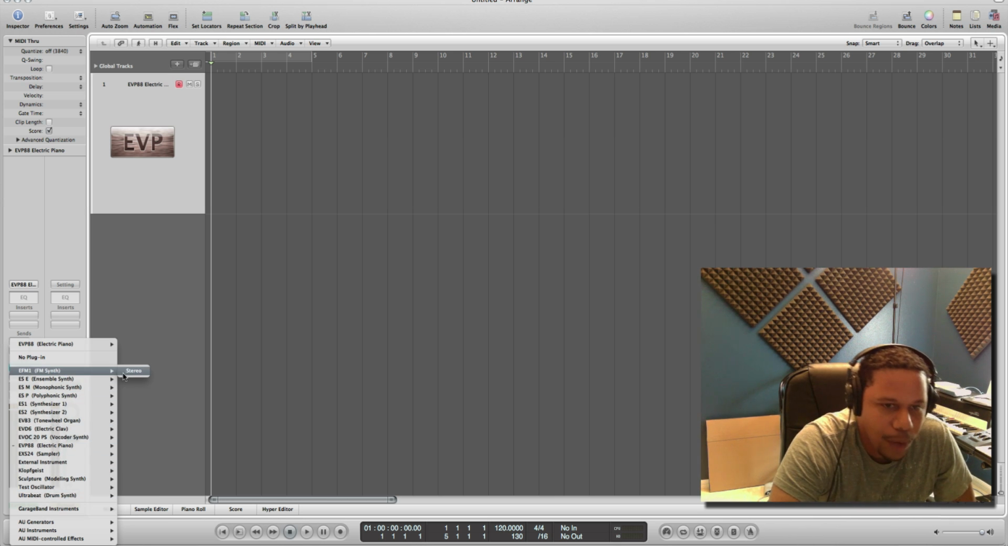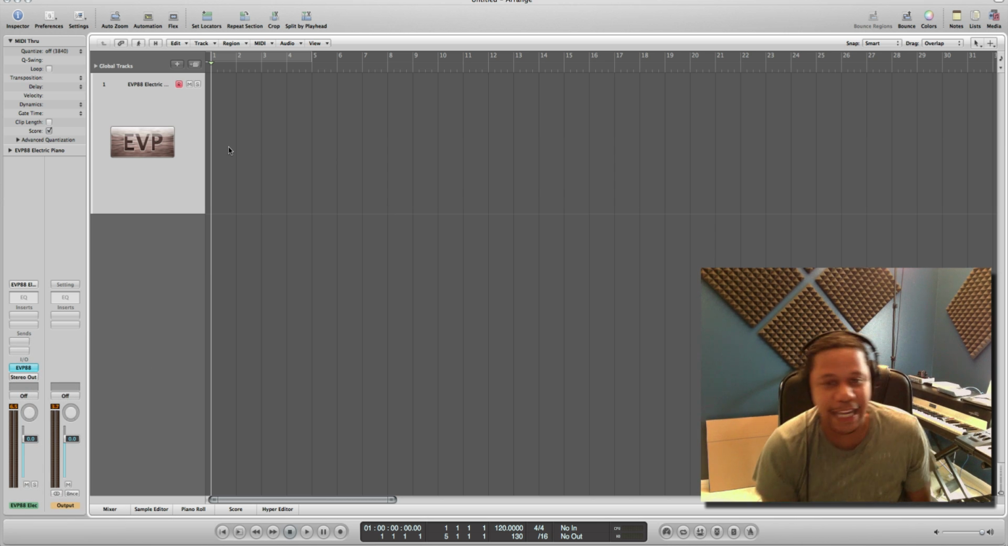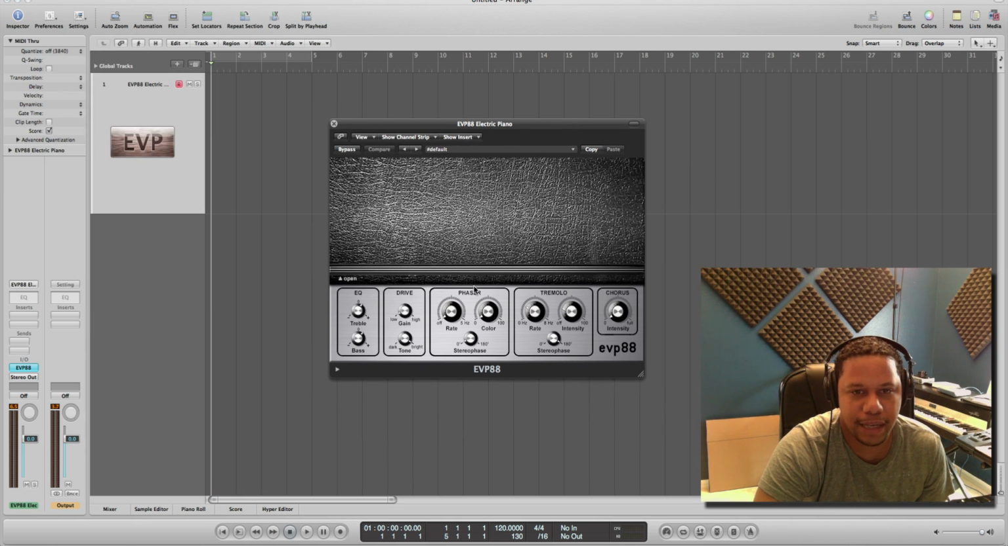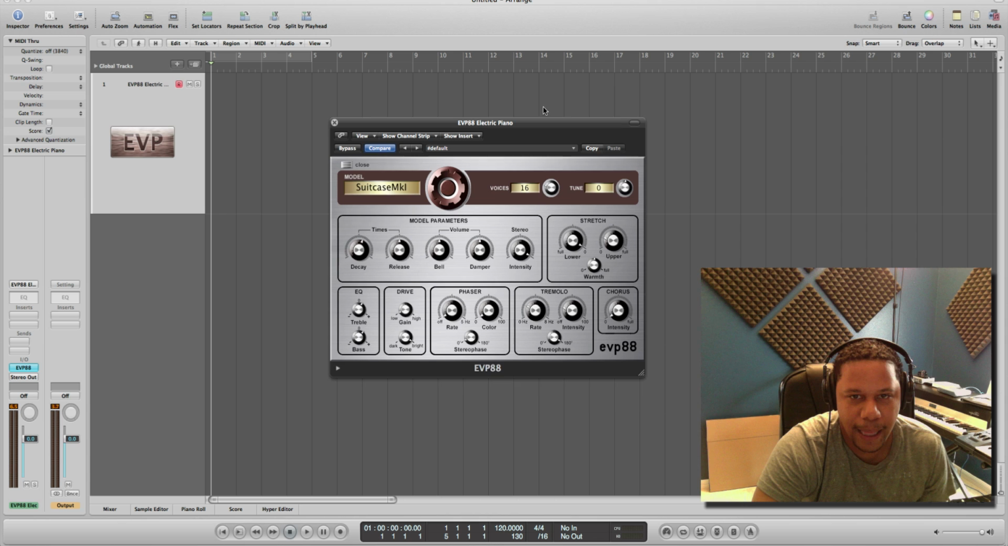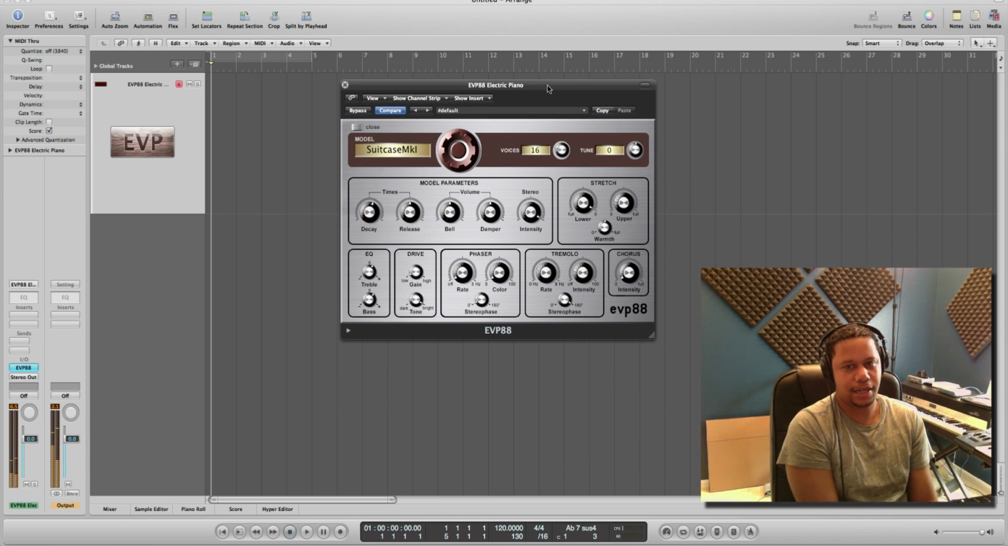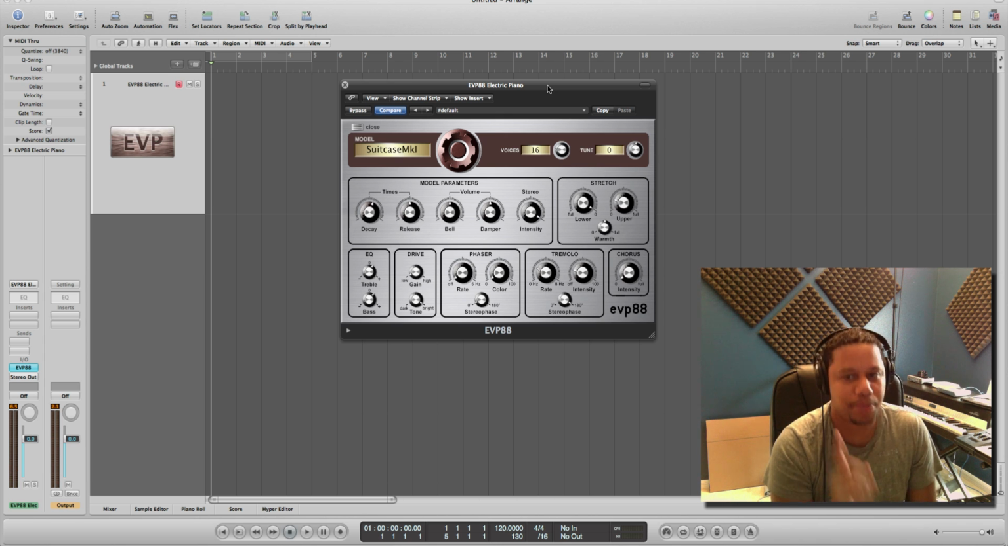So, right here, number one, out of the gate, when you first open up Logic, you get their EVP88. Let's give you a chance to look at it, see what it looks like. All right, this is their version of a physical model Rhodes, okay? Sounds good, doesn't sound real. It's playable, doesn't sound real. You can adjust all this stuff, the chorus,